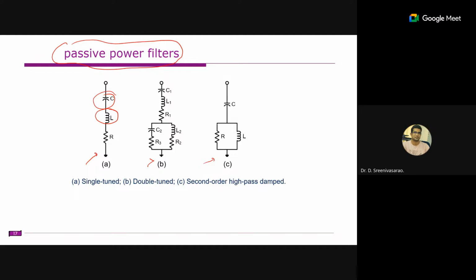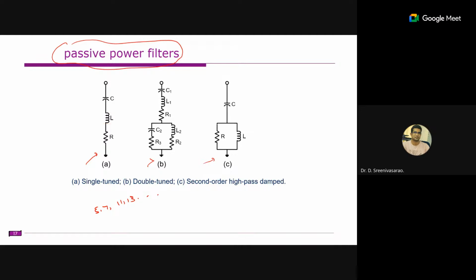For example, you're tuning the fifth order harmonic. This one will only tune the fifth order harmonic, whereas a double tuned filter can compensate maybe fifth and seventh order harmonics. For this one, it may be for higher order harmonics like more than 11 and 13. So usually the design is something like that. If you have harmonic orders of fifth and seventh, and also 11th and 13th, it will be like this. So maybe we can